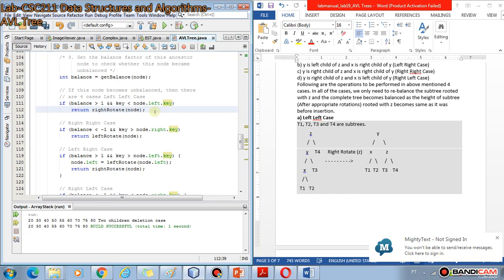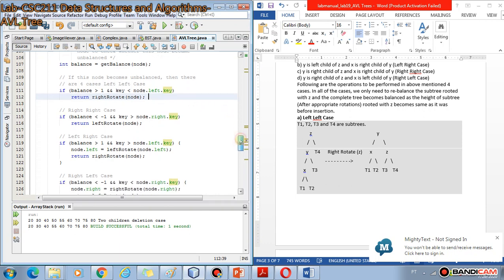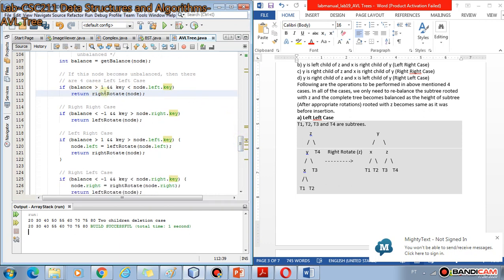So the new node has been inserted as node dot left. This is a left insertion, and it made the balance greater than 1. So we call the right rotate on node and return.